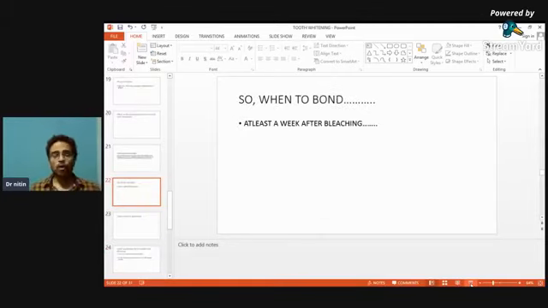So guys, now I think we have studied all the science and chemistry of using bleaching agents, all the components, the contraindications, how it acts on the tooth, the effects on enamel, then dentin, pulp, cementum, everything. And then finally we also discussed the effects on composite when composite is already there on the tooth, and also the effect on bonding when we have to do a bonded restoration post bleaching.